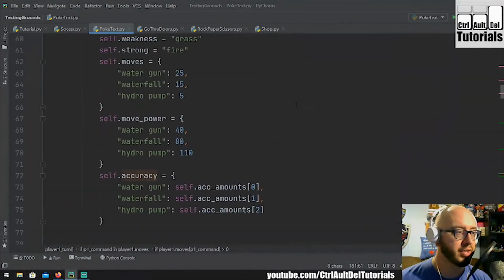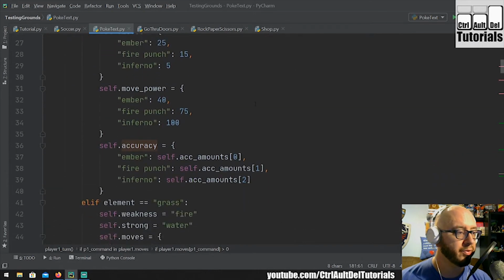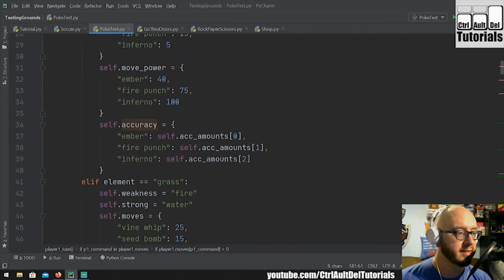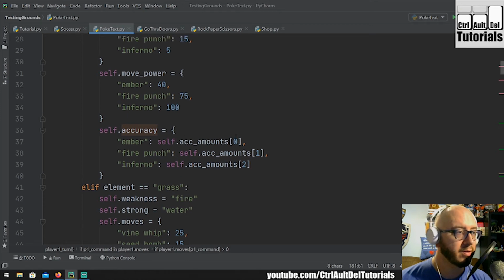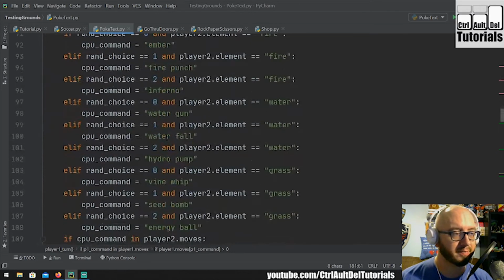Okay, so it's going to check on the class, and it's going to go down through, and it's going to see Ember has an accuracy of self.accuracy amounts 0. So that's basically a 1 in 20 chance, might be a 1 in 21 if we're counting 0, that will miss. So if it is 1, so if we go back down here,